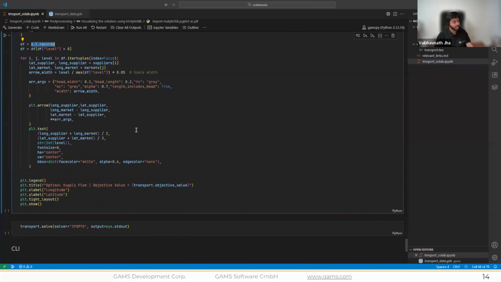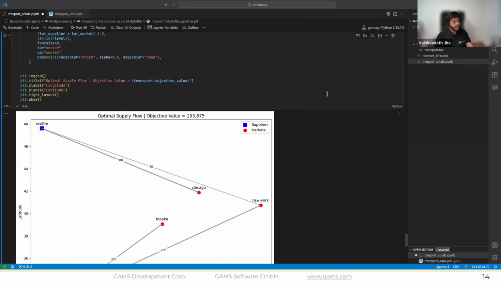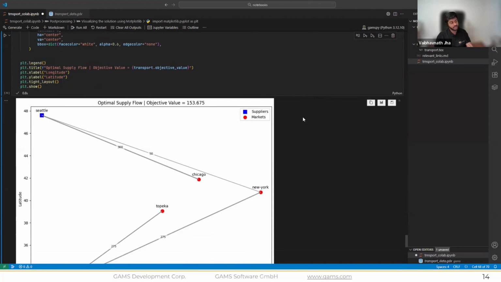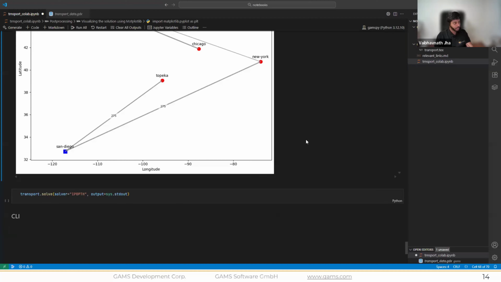And then with that, and some quick and dirty Python tricks, we can plot our solution and have a proof of concept that my solution is making sense, and this is what it looks like. This is not a polished plot or anything, but this is just a proof of concept that you can quickly generate a plot in Python.